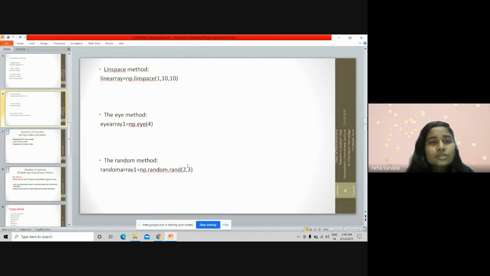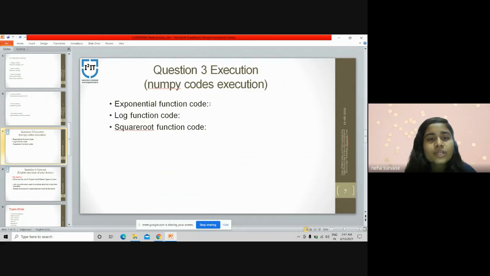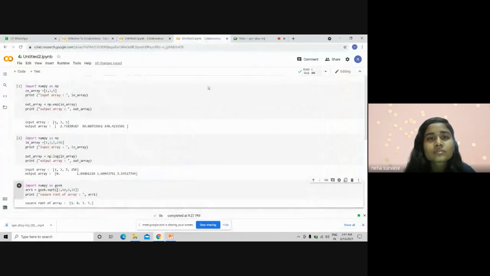Now let's go to my execution of the code. I have to execute the exponential, log and square root functions. Now here we can see the code. We have imported the numpy library as np. Here is the input array 1 3 5.